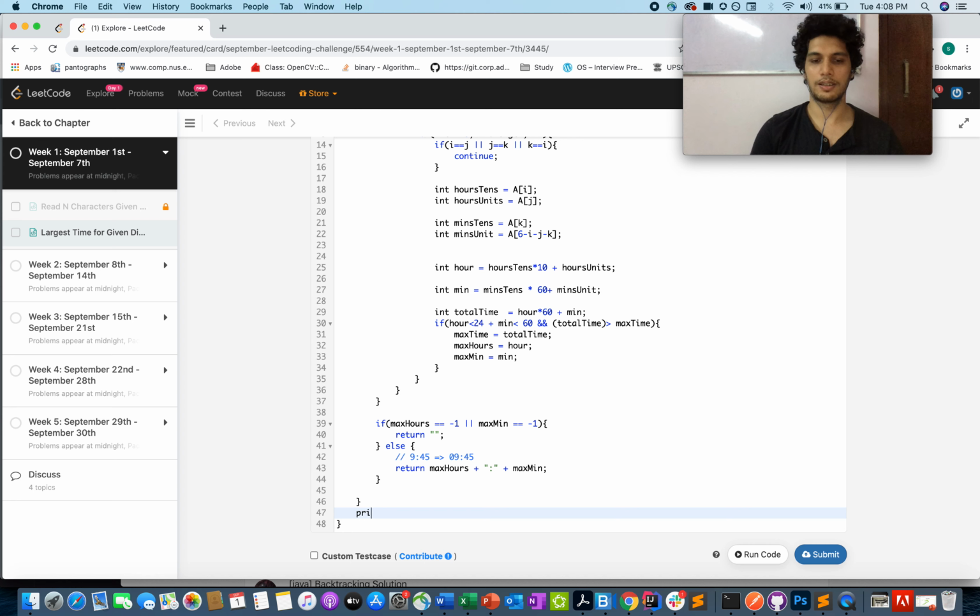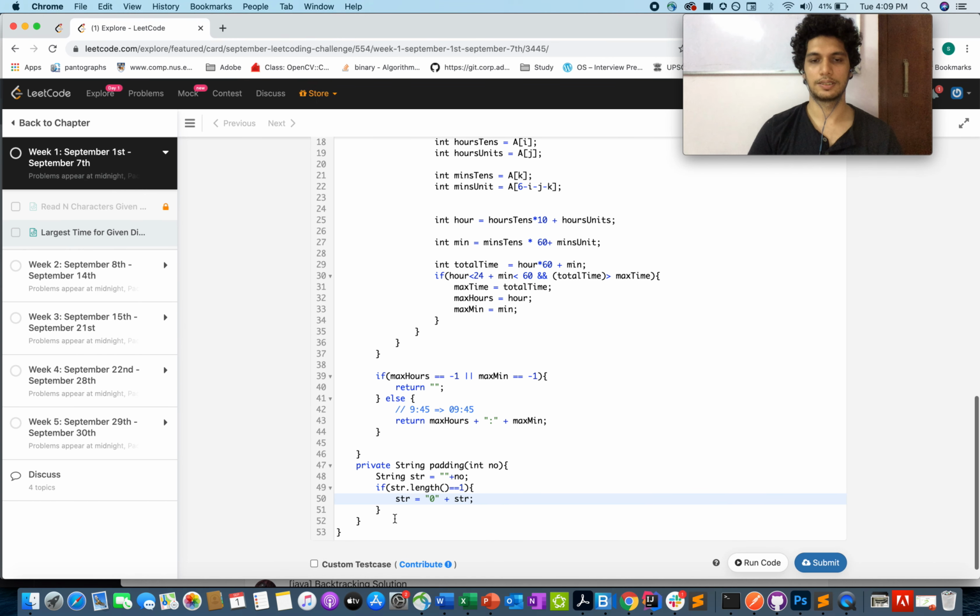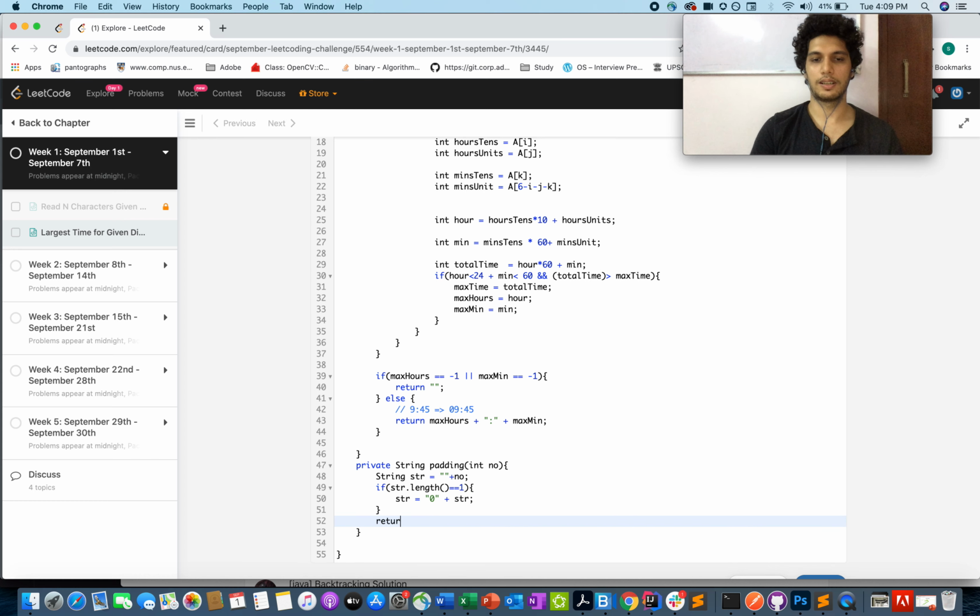I'm creating another private method that will return a string, doPadding. I'll pass an integer number, convert this number to a string str, and check for str.length equals 1. In that case, I'll prepend 0 to str, and I'll simply return str.